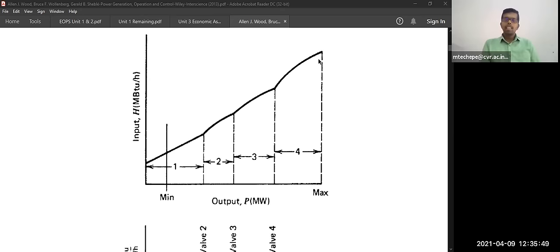So for 3 generating units, solving them is very simple. It will take about half an hour, so that we can easily solve that particular problem. That is very simple. But imagine in the